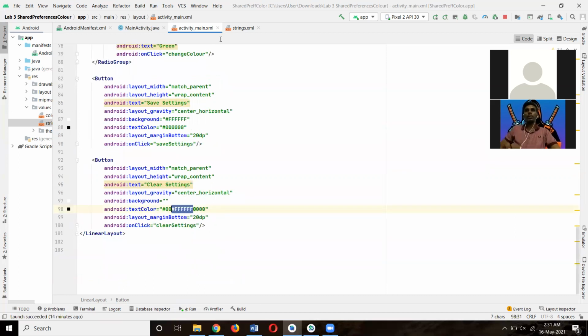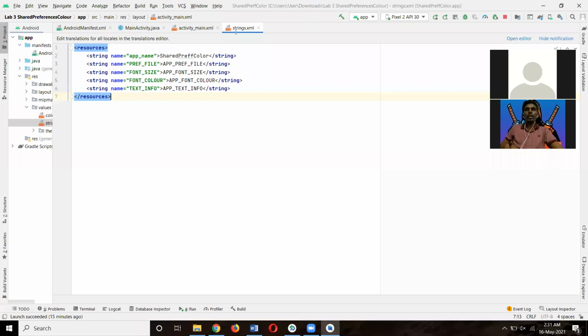Now we are going to see the strings.xml. The resources are string names: app name, string pref file, font size, font color, and text info.